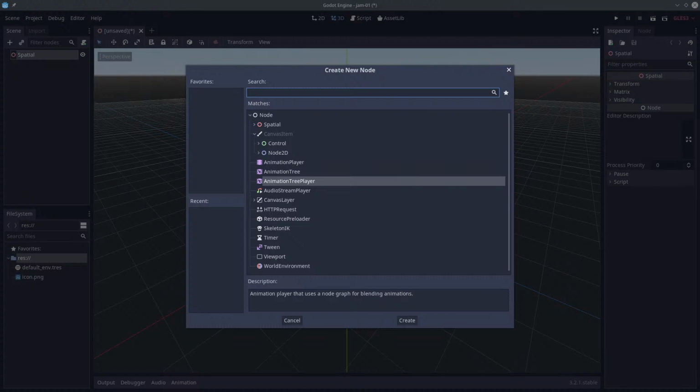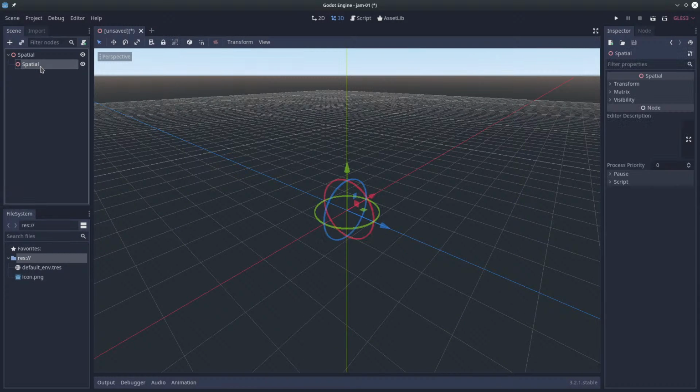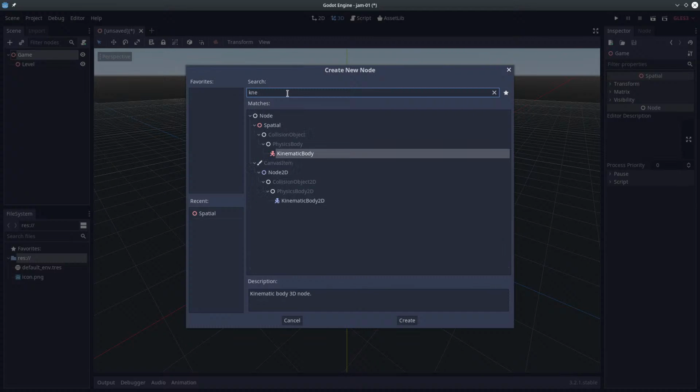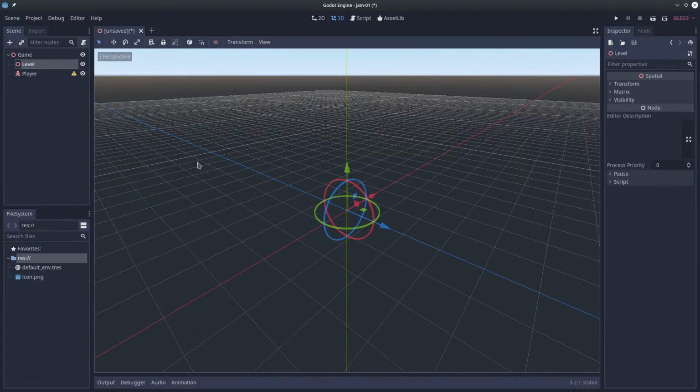I see your screen now. Okay, you're reading up on the multiplayer. Yep. I'm gonna maybe make a simple level and a simple player. Actually, the player is going to be a kinematic body. Okay, I'm going to rename it to player. Okay, so level, I'm going to create...